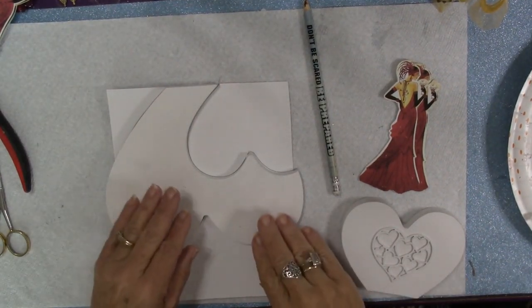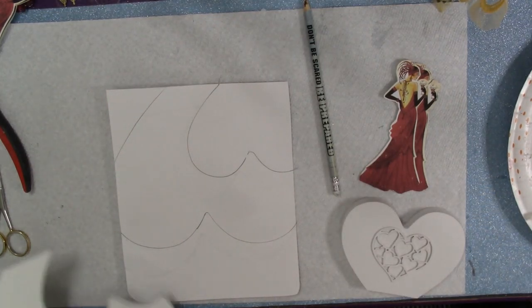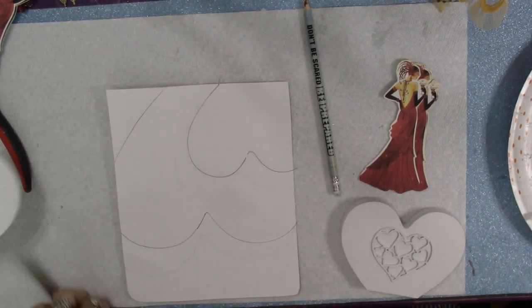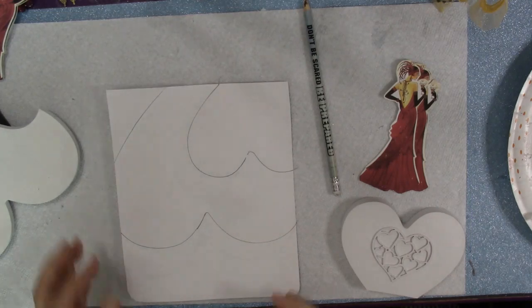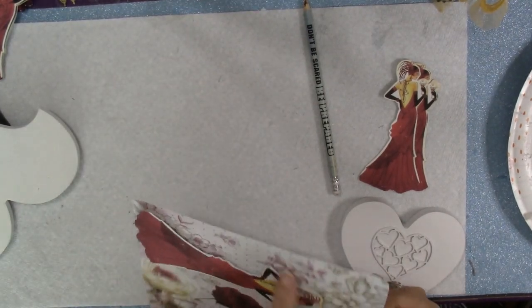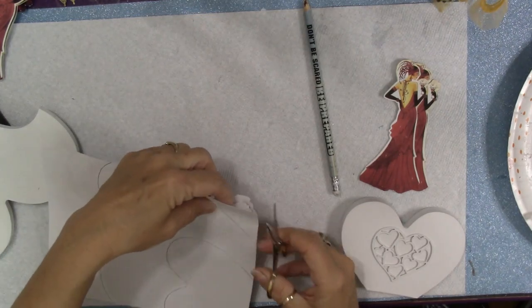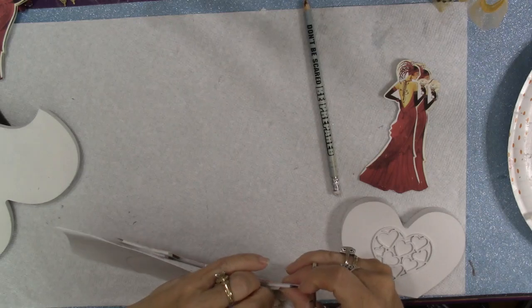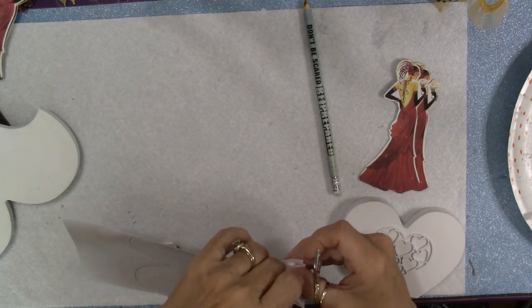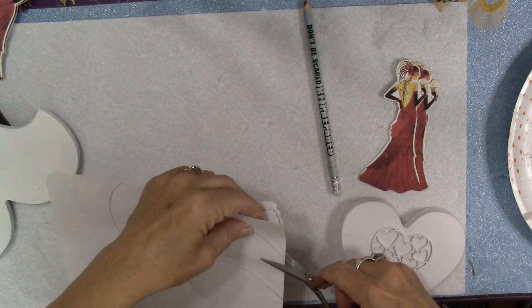And so we've got that drawn on now. So that's what it looks like. And whoopsies, dropped my scissors. So now I'm just going to cut this out, making sure I don't cut my lady. So the first part I think I'm going to cut is right over here while I'm thinking about it, because she is actually stuck down to this on this edge here. So I'm going to just kind of peel her back a little bit,